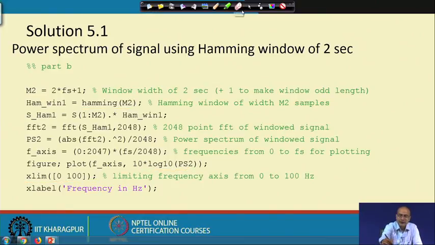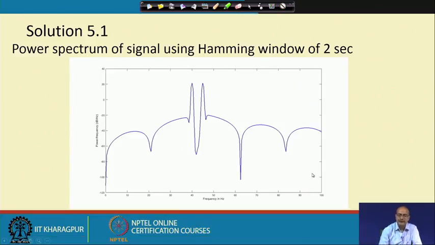Okay. So, we are repeating the same thing as we did for the rectangular window for the Hamming window, and here is the result we get. Here we get the peaks again at around 40 and 45, and corresponding to the peak we get these subbands or these side lobes. We have good reduction here, even better than the previous case, which was less than 50 dB. Here, from here to here, it is more than 60 dB. So, more suppression of the side lobes has happened,